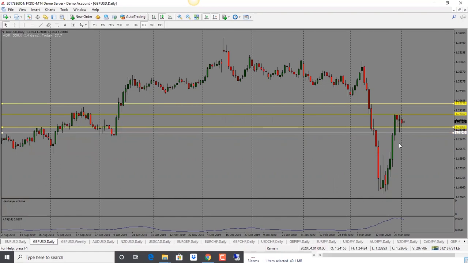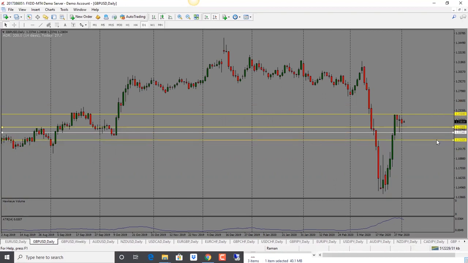Pound dollar here, we did see a drop, but as we can see, our low is higher than the previous low. So this one as well, we do need to be cautious. But as we can see, we are seeing a lower high, so bias is to the downside. In this case, our first target would be 1.2230, which is the bottom of this support here. And then our next target would be 1.2130. So bias here is bearish for pound dollar.